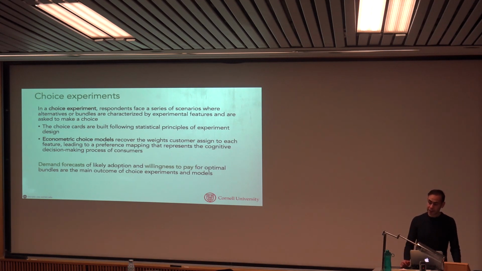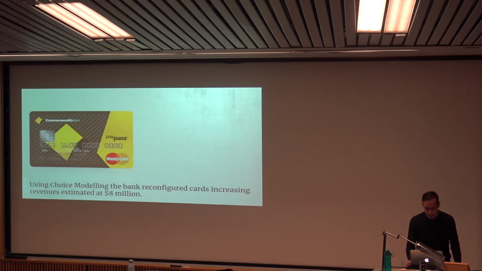So I'll first give a couple of examples of work that I have not been doing myself, but it illustrates very well what choice modeling is able to do. The first one is about credit cards. What are the features to attract a bank customer to adopt a new credit card? You are always facing this situation where maybe you're getting offers in your mail, and they try to make that credit card attractive. And then people have used choice models to know what features of the card are actually attractive for the client.